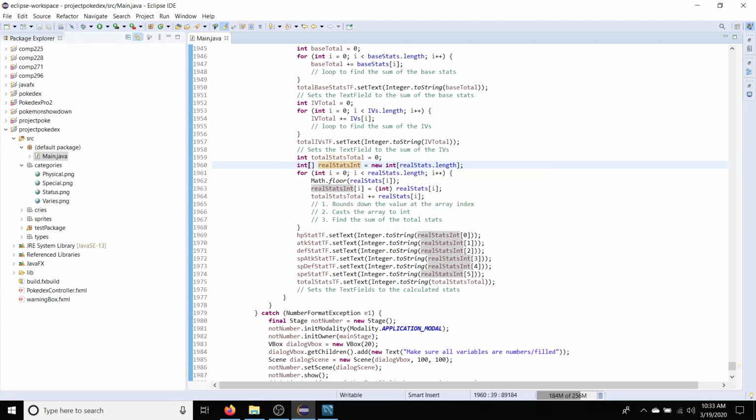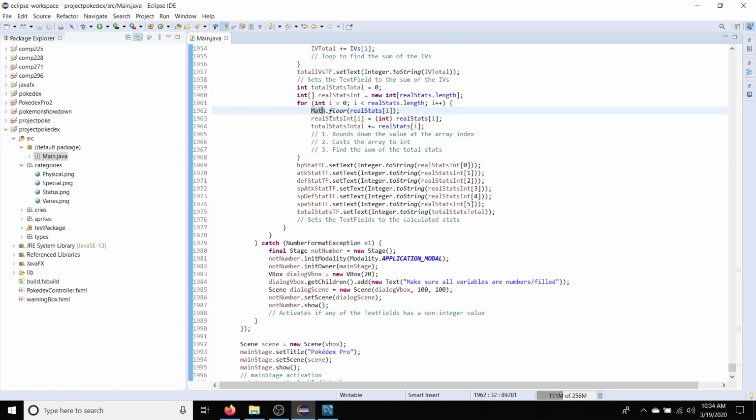Now this is interesting. I put in a new array here. This is to make sure it doesn't print any decimals, because obviously those values do not have any decimals. So I had to make a new int real stats.length. Now remember what I said? It doesn't matter about those extra 2 when they do 510, because Math.floor matters. Because if you put those extra 2, your value will be 0.5, which would be good if it was regular rounding, or just went up. That's not how this works. I wish that's how it worked. That'd be really fun. Math.floor on the real stat sets it down, and then the real stat gets cast to an int,